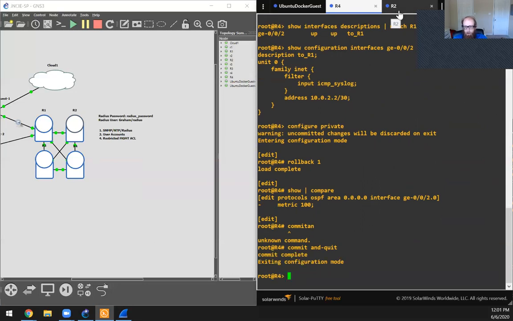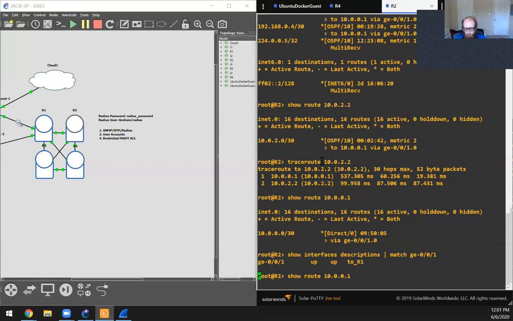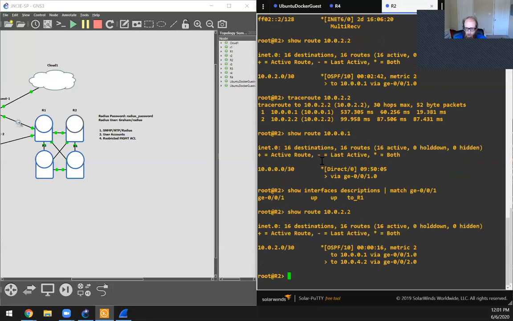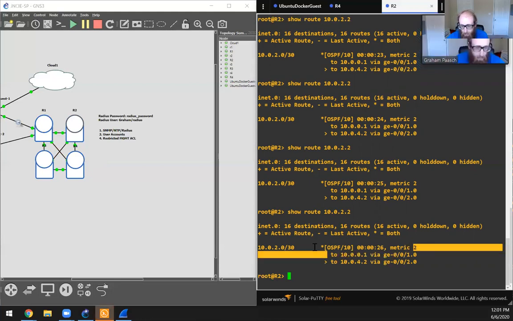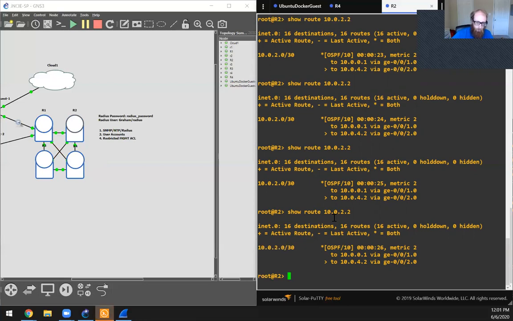Okay, and now we'll see that our routing table did not change. Oh, looks like it did change. Well, in any case, now we can see we've got a cost equal path. Aha, yep, and we would have a cost equal path. That makes sense because it was those loopback addresses that did not have a cost equal path. So yep, we've got a cost equal path on these. We changed the metric on this, so this part of the path was no longer cost equal, so we saw we only had this. If we do a trace route now to the same IP,